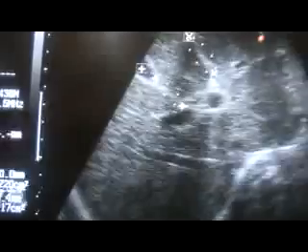Now, if you note, from this linear structure there is posterior shadowing, this black area. There is no shadowing from this linear structure. This is the main lobar fissure because it attaches to the neck of the gallbladder. This is the neck of the gallbladder. This is the main lobar fissure or the